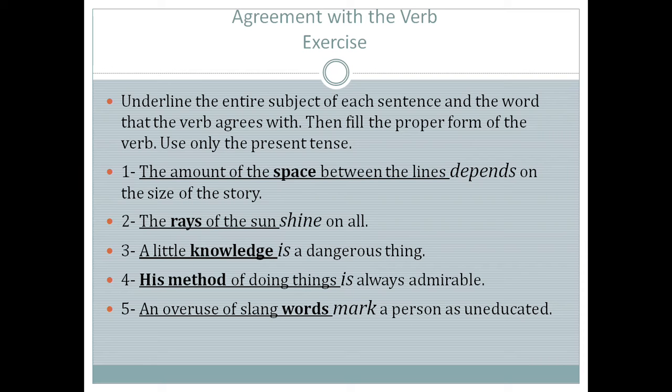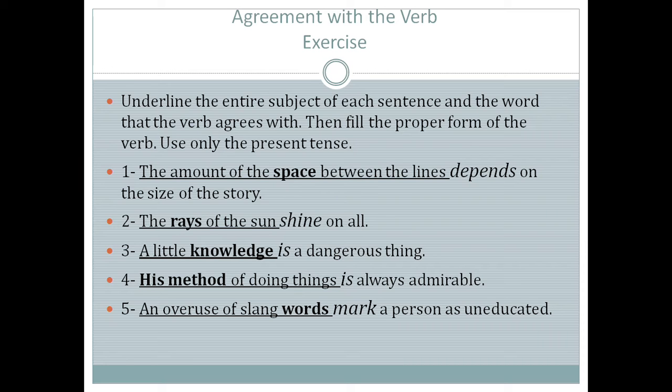The amount of is the modifier of. They modify the noun space. Between the lines also modify the noun space. So space is an uncountable noun, so it takes a singular verb,